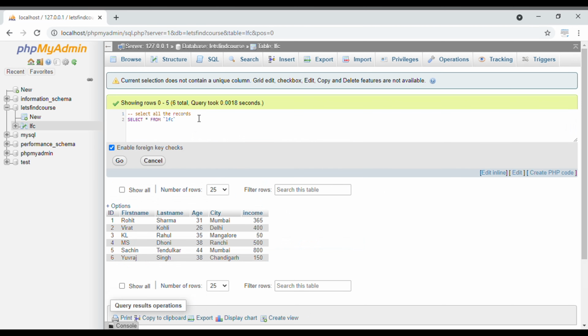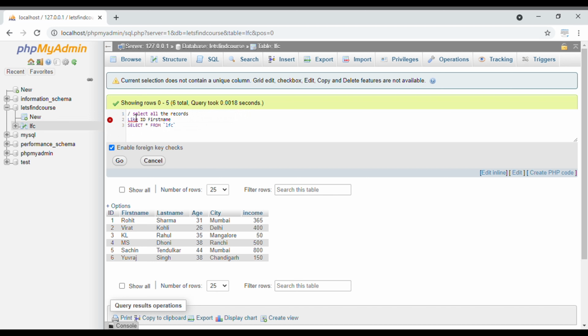Now if you want to put a comment which is multiple line text, suppose this is single line text only. In the case where you want to put multiple lines, then this double dash will not work, because if you put "select all the records like ID, first name", then it will give an error. You can see over here. So the double dash will not work here.